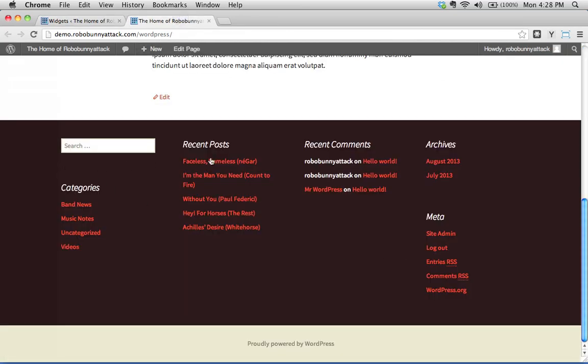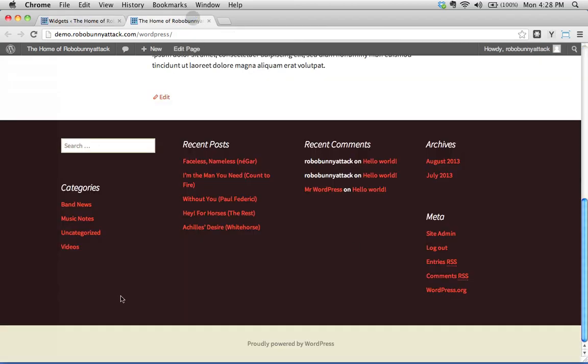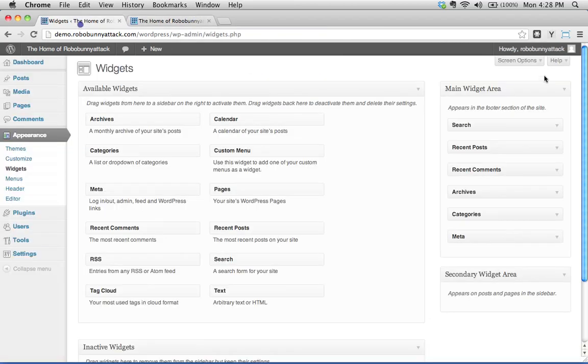Well, that's actually exactly what's inside here. See, you've got search, recent posts, recent comments, archives, categories, meta. So we can deduce that this main widget area is this right here. Okay, and here it says it appears in the footer section of the site. So if we had just read this, we would have figured that out. So that's pretty cool. And then down here we have this thing saying secondary widget area appears on posts and